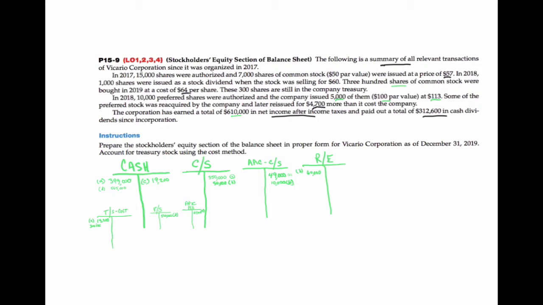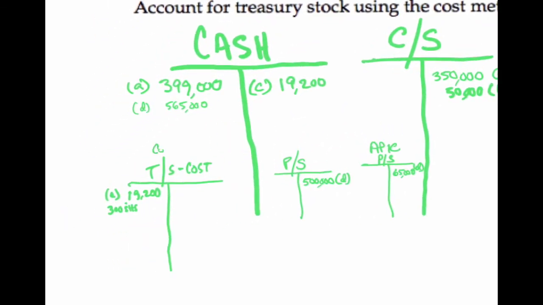Now, some of this was reacquired by the company and later reissued for $4,700 more than it cost the company. So we don't know what went through in terms of treasury stock common. This is the common treasury stock. We know about that. But we don't know what happened to the treasury stock preferred. All we know is that there is additional paid-in capital